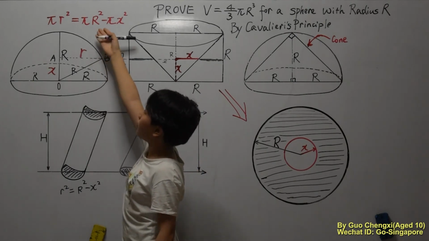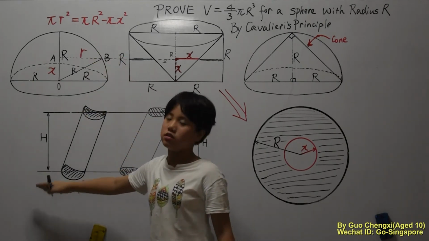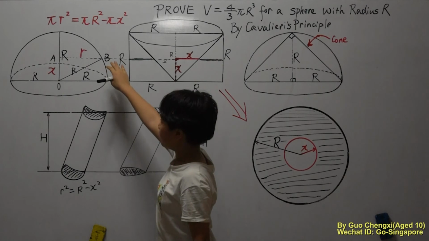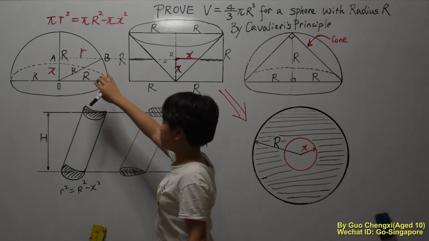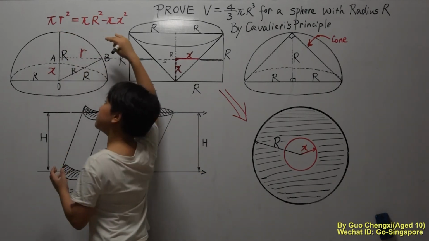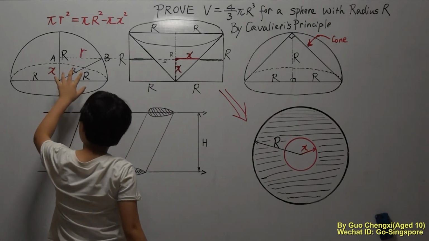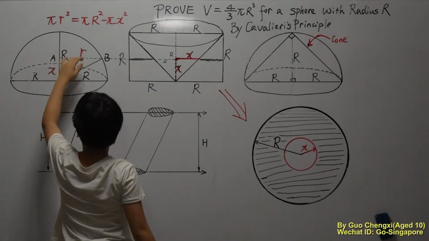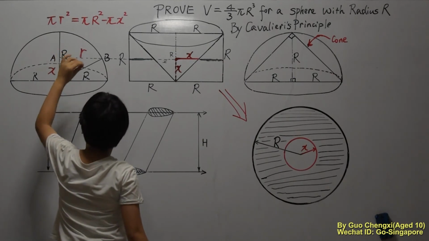If you are wondering why it is like this, first ignore the pi, then you realize why. Now the small pi r squared over here is basically